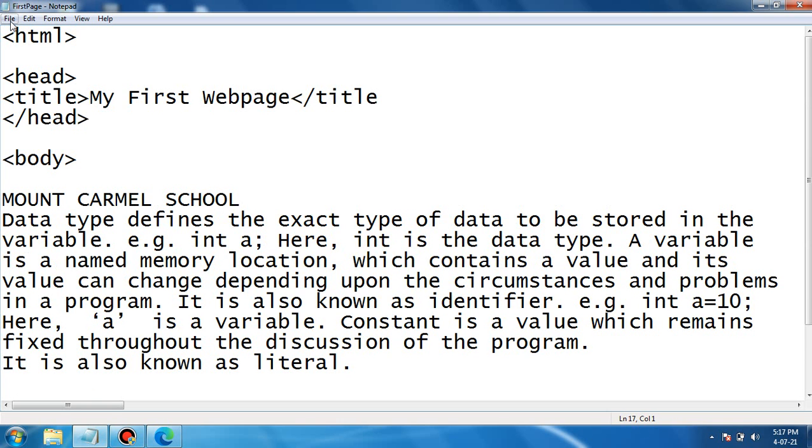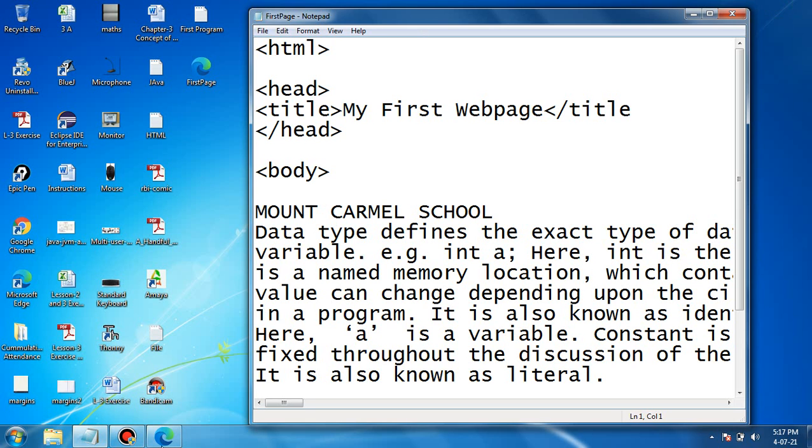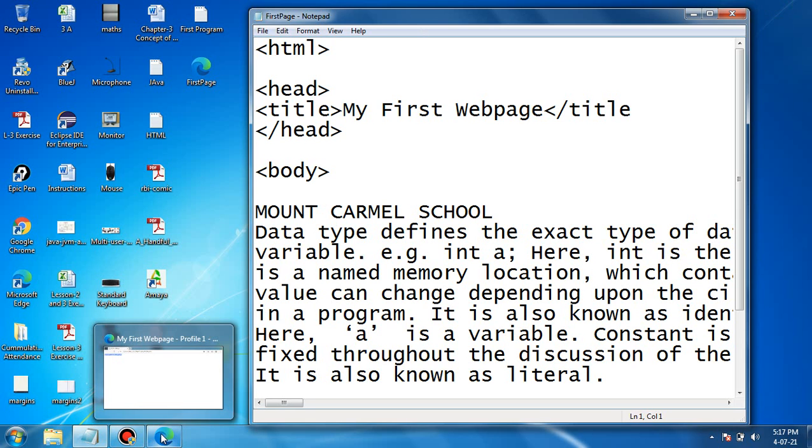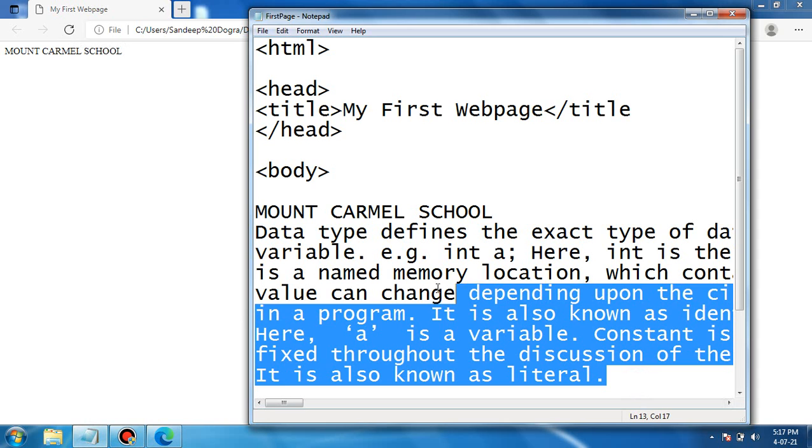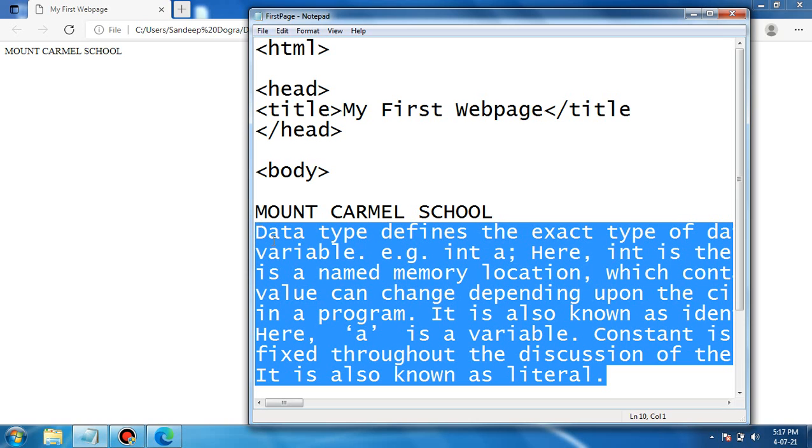You can press the Ctrl+S key combination, or you can click on file and save. Now I will click on this browser icon on the taskbar, and we will press the F5 function key from the keyboard, or you can click on this refresh button to refresh this web page, because we have made changes in the HTML document that we have created.